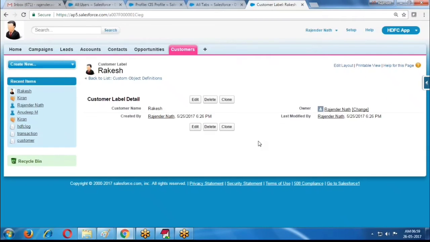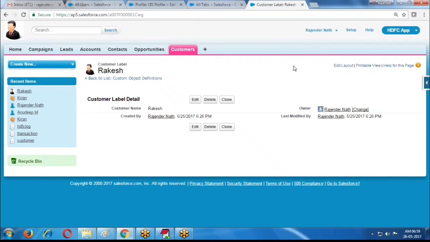One user I want to provide only the read operation. One user I want to provide create and read. One user I want to provide create, read, edit. One more user I want to provide create, edit, read, delete, all permissions. Different permissions you can provide by using profile level security or permission level securities. By using those permissions, we can enable extra permissions to particular users, or we can restrict the permissions to particular users. This is the security model. I will explain this concept at the time of the security model.